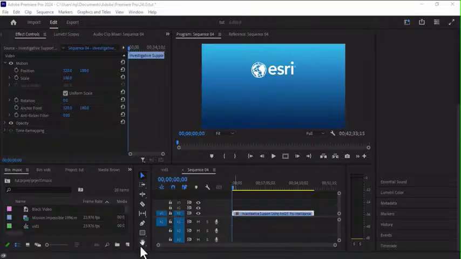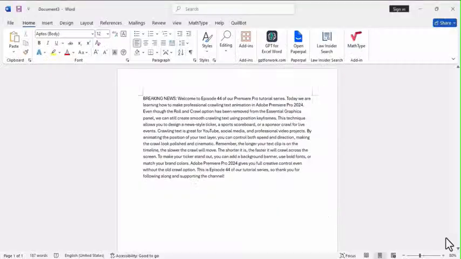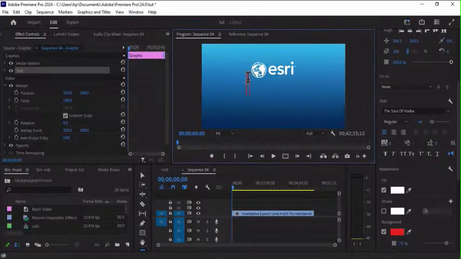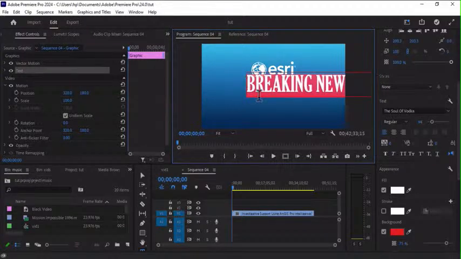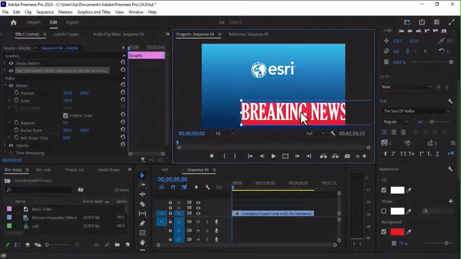To do that, you quickly come down here and click on the text icon, and then you place it on this place. Then I have a Microsoft Word document that I randomly generated, so I'll just copy it and take it back to Premiere Pro. I'll just paste it. Now the text is long, so I'm just going to drag it down, and then I'm going to click and go to